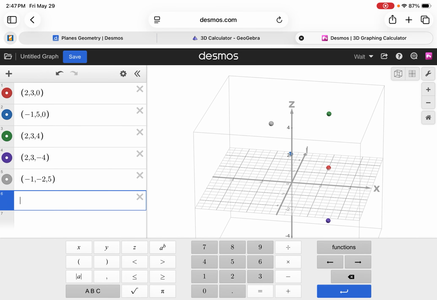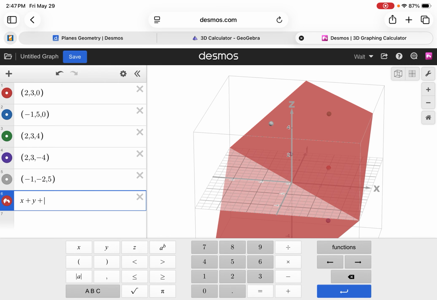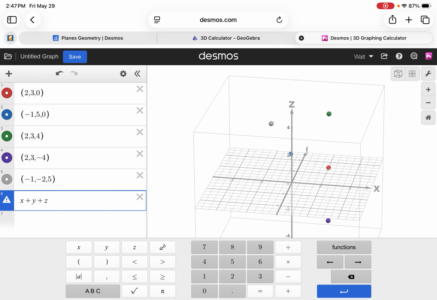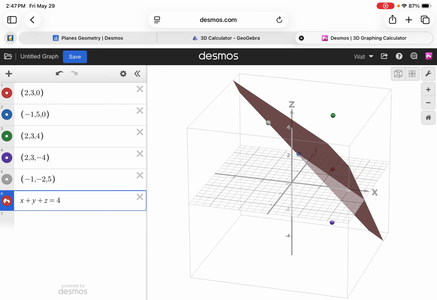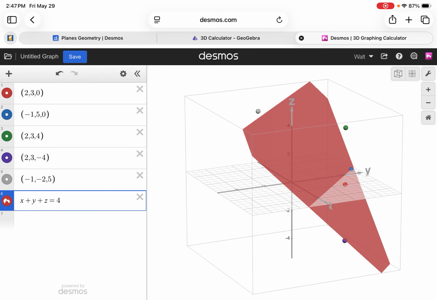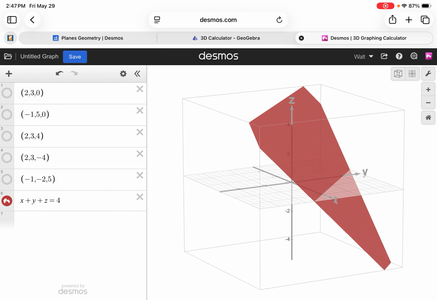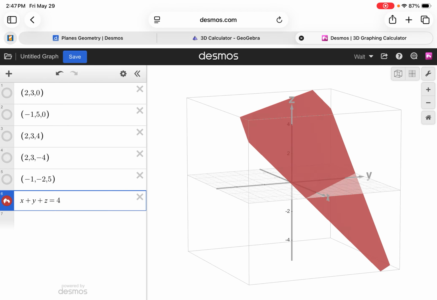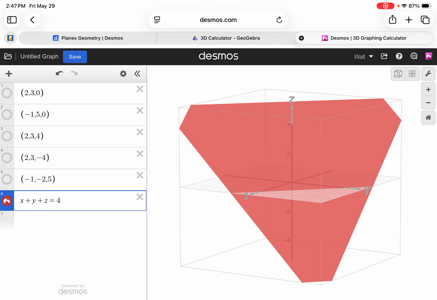But there could be other planes. Now let me just make a plane here for you. I'm going to do X plus Y plus Z equals 4. Now look at that. There's a plane. Let me turn off these coordinates up here. Okay. So this is a plane. Now it's just a flat surface. It doesn't look like this. It's just